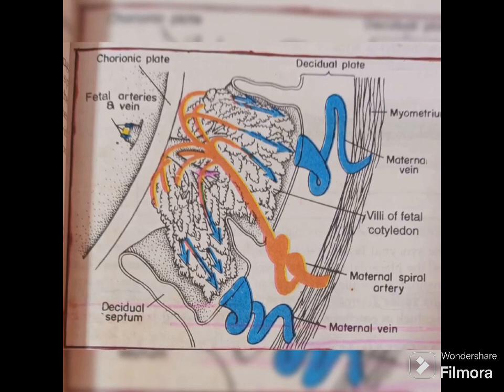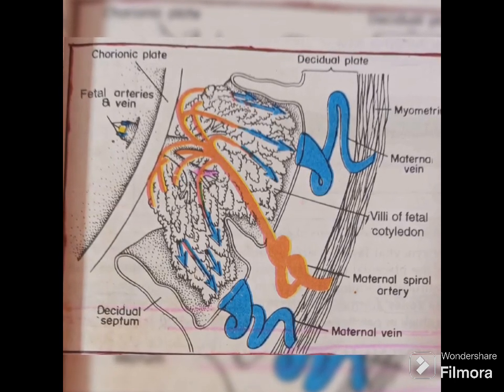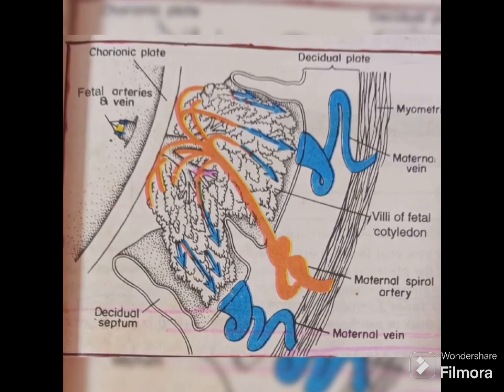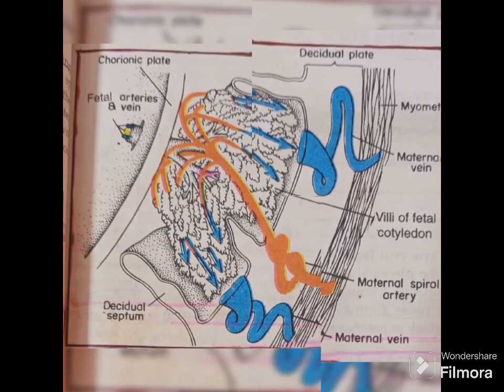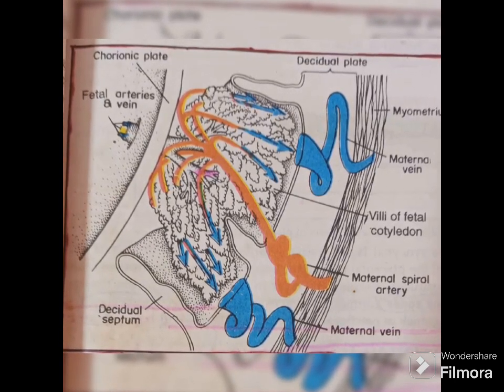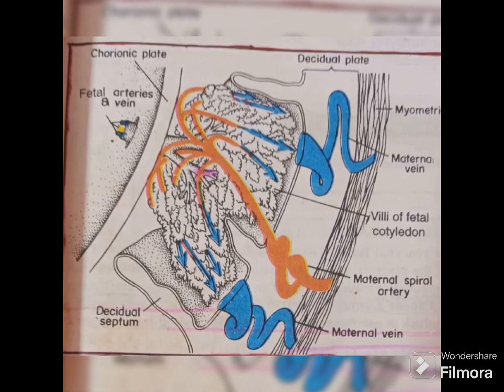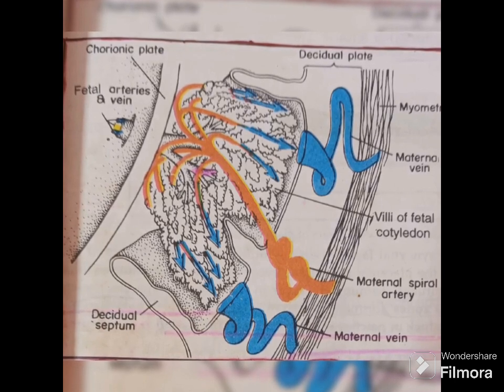We are going to talk about uteroplacental circulation. To improve uterine blood flow or to establish uteroplacental circulation, we have to do these things. Place the mother in left lateral position to improve placental circulation, which in turn decreases frequency of uterine contraction.